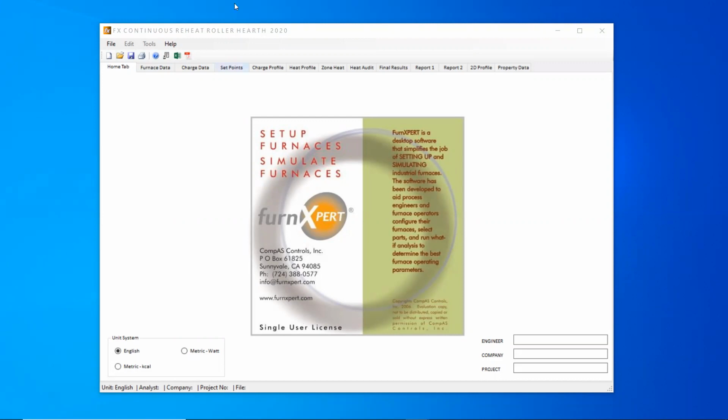In order to run this, either you can create your own data and create a file, or you can use an already existing created file. We have an existing created file and we will work from there. So once we click file, there are options here. Either we can go for a new furnace. We are not going to do that. Or we can do an open,